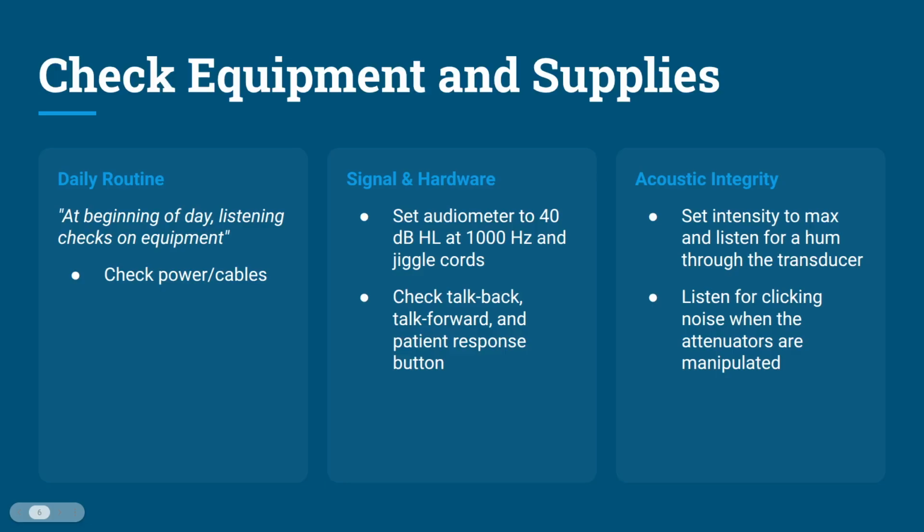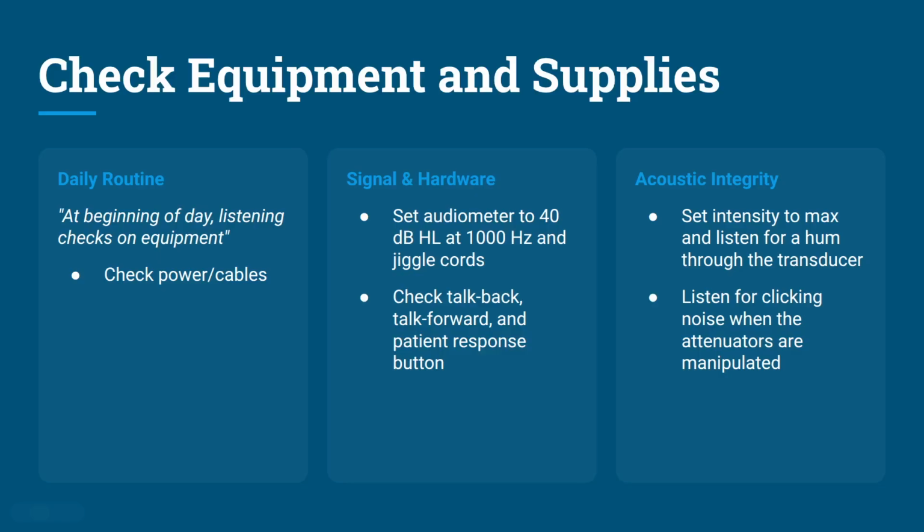The idea is you want to check these things in advance, because if you don't, you may have an embarrassing moment where something goes wrong and you're having to check it on the fly. So beyond the signal and hardware, you want to check the acoustic integrity. You want to set the intensity to maximum and listen for a hum through the transducer. You're not presenting the tone at maximum and blasting yourself with it. You're listening to see if there's any additional hum that shouldn't be there through the